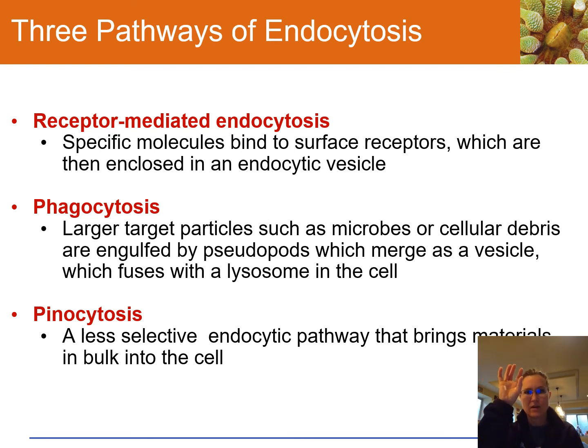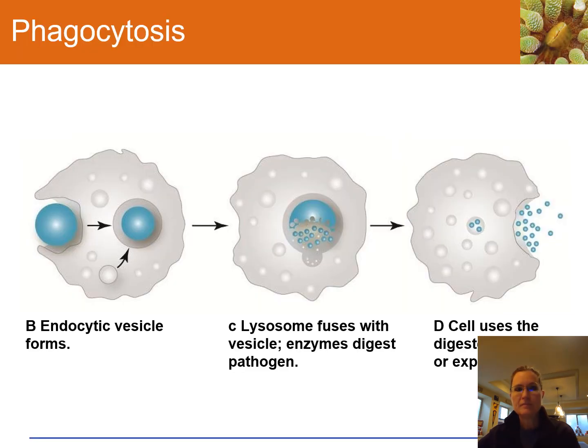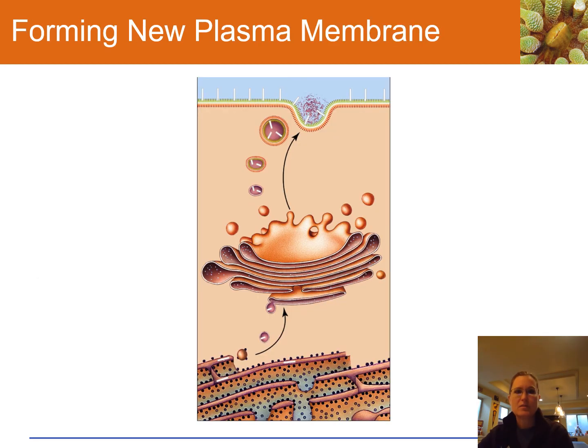That sort of has to pay the gatekeeper to get across. It's a little bit more specific because sometimes that's necessary. And just a picture of a white blood cell engulfing some bacteria, which is pretty cool. Then phagocytosis is, that was solid, sorry. And then membrane cycling is when we bring it in or let it out. We sort of add some new or take out some old. So it cycles the plasma membrane, so it keeps it fresh